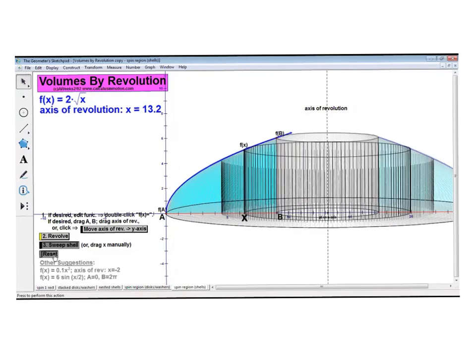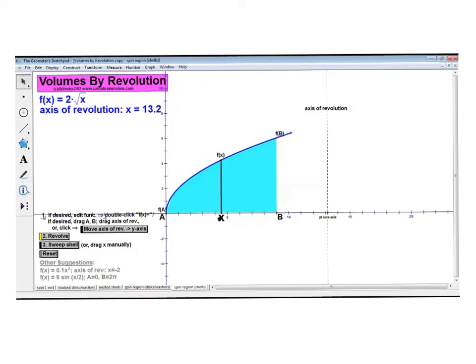And this is a nice visual just to emphasize the fact that the height of the shell is always f of x. It's the radius of the shell. We have to adjust the x. The distance x is from the axis of revolution to represent this distance or the distance to the left. Okay, that takes care of our lesson demonstration